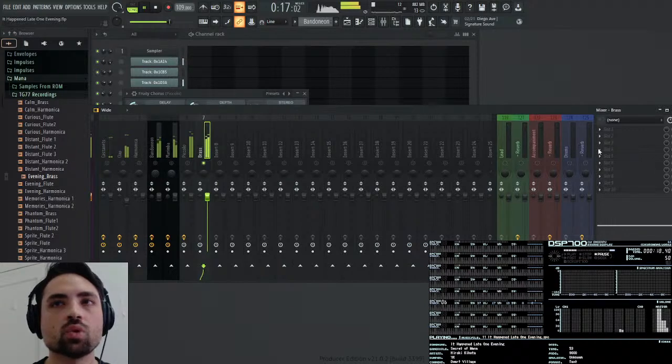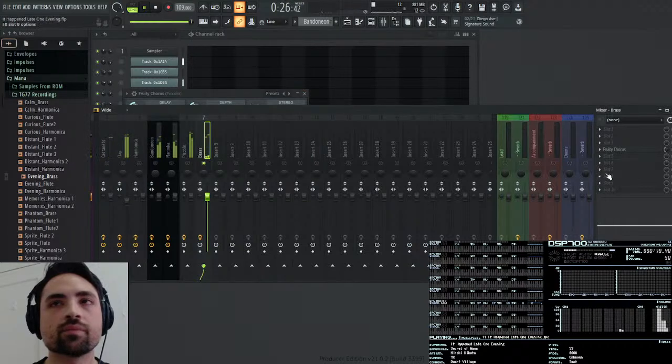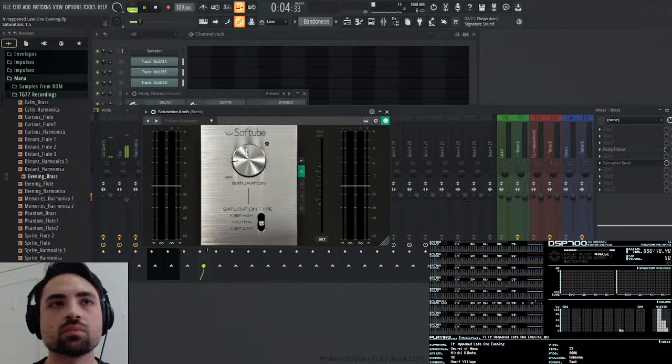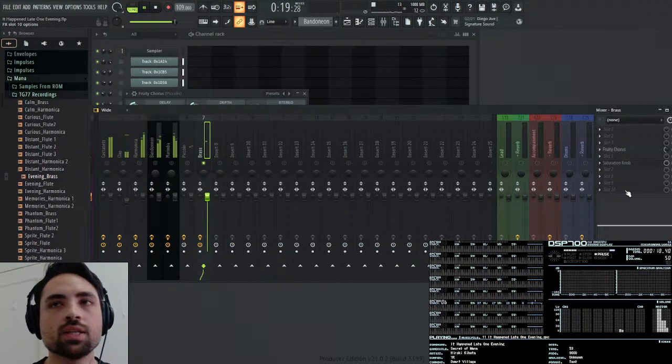That one's going to need some chorus. Nice. And let me put some saturation on that. Nice. And let me send that to accompaniment. I think that also has reverb, doesn't it?